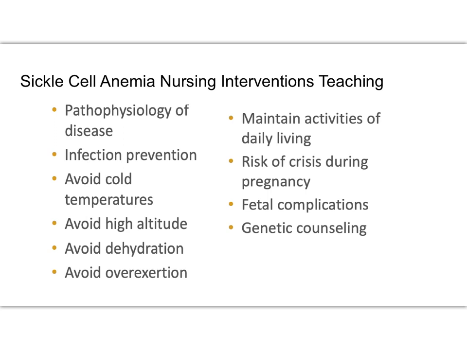Higher altitudes have lower oxygen compared to lower altitudes. So, from the plains, hiking a tall mountain can be an issue. We want somebody to avoid becoming dehydrated. And overexertion stress